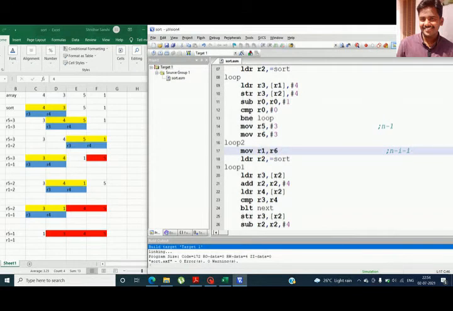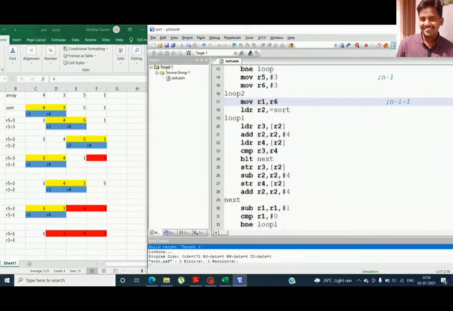Initially i is 0, so it has to run for 3 iterations. That's why I moved 3 into R6 for the inner loop, that is loop 1. The number of iterations is 3.